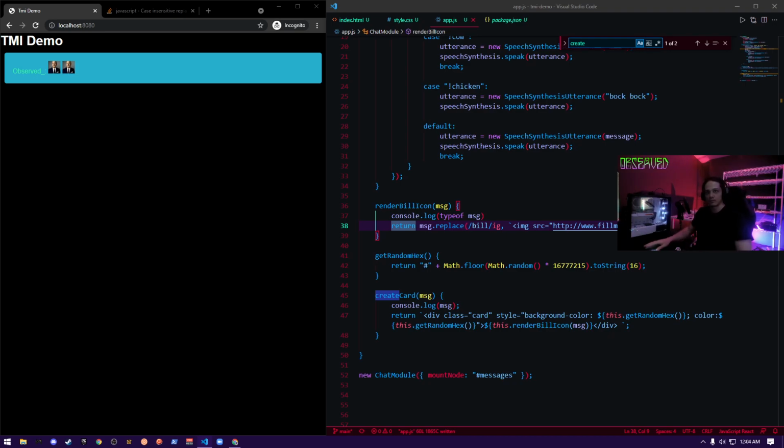Anyways, you know what's weird? I was supposed to have this overlay come up when I created, but it didn't show up for some reason. I think it's because, I don't know why that is.